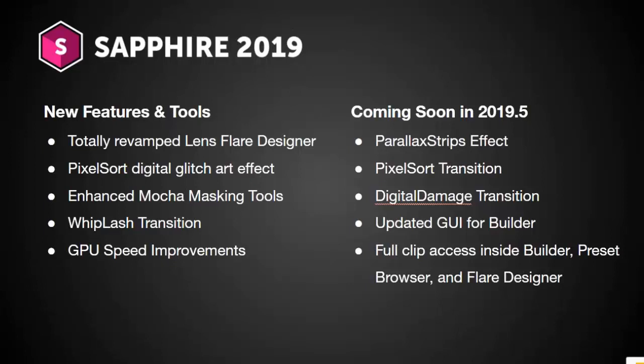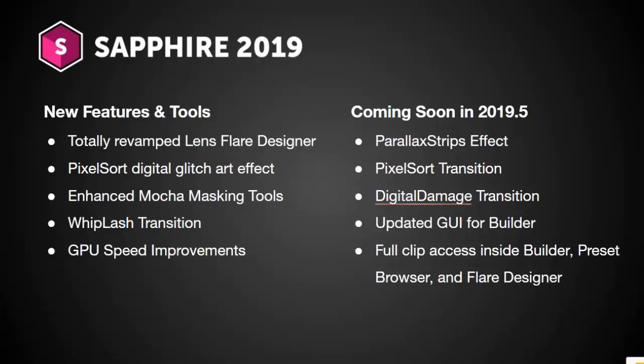There's a new whiplash transition that's kind of like a souped up swish pan, and we've also added GPU speed improvements. And coming soon in 2019.5, we're adding new effects including a parallax strip effect. Pixel sort will be a transition, and the always popular digital damage effect is going to be a transition as well. We've also updated the GUI for Builder, and you'll soon have full clip access inside Builder, the preset browser,